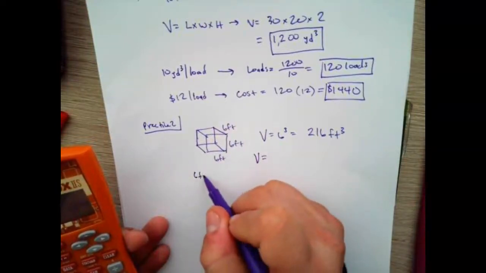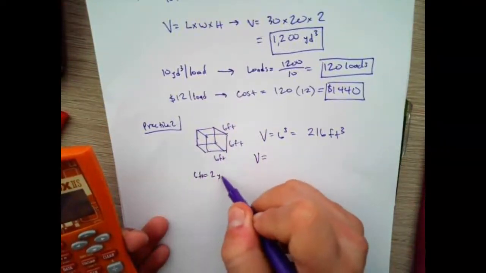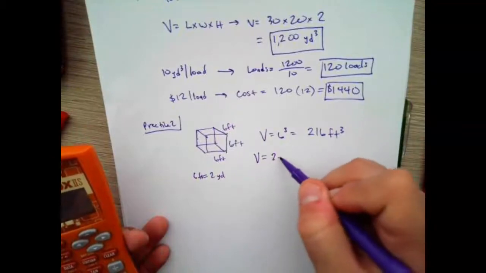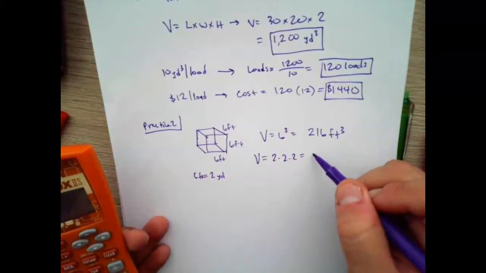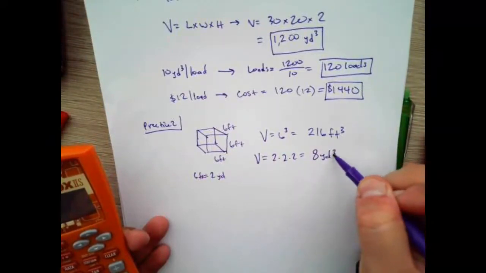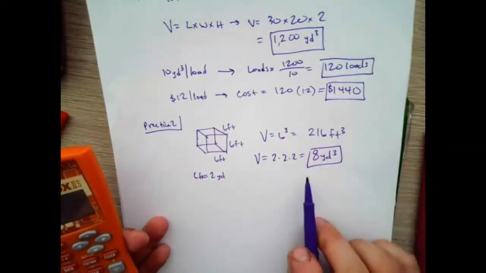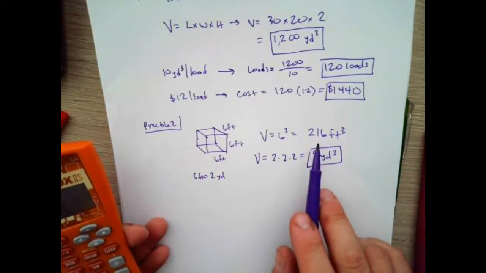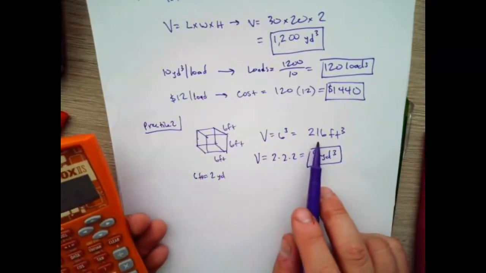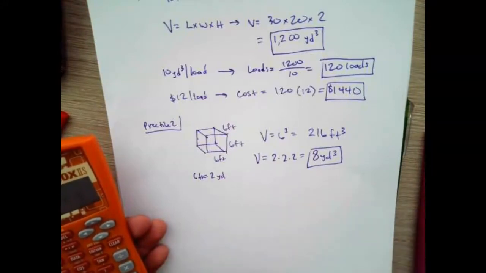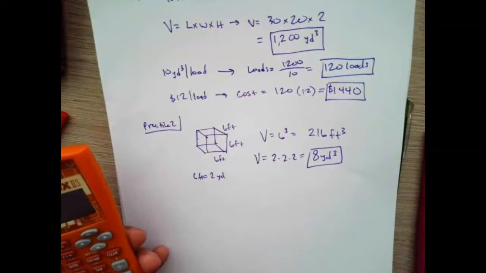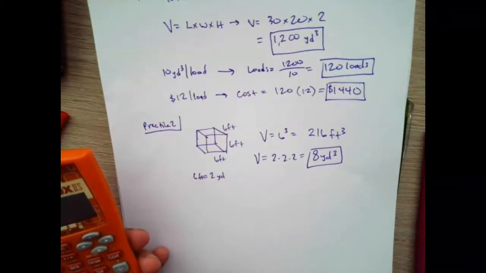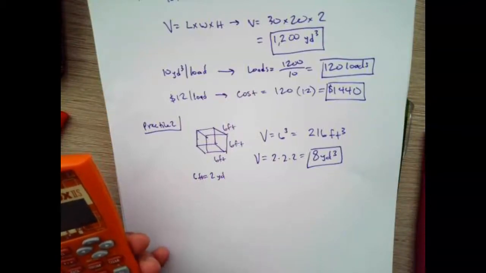These 6 feet is actually 2 yards, as we saw in the previous problem. So if we would have just converted it to yards, 2 times 2 times 2, we would get 8 cubic yards. Again, the answer was supposed to be given in cubic yards, not cubic feet. I believe here if we divide by 27, which is 3 times 3 times 3, we could get the volume here in cubic yards. 216 divided by 27 is